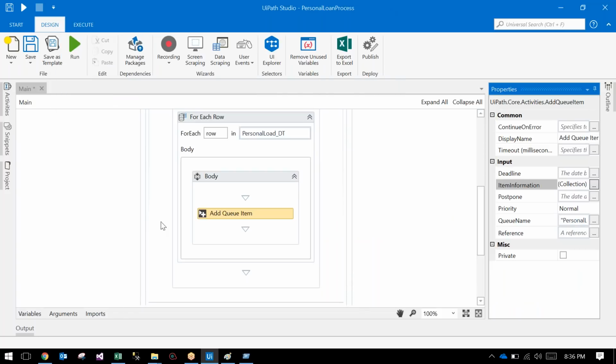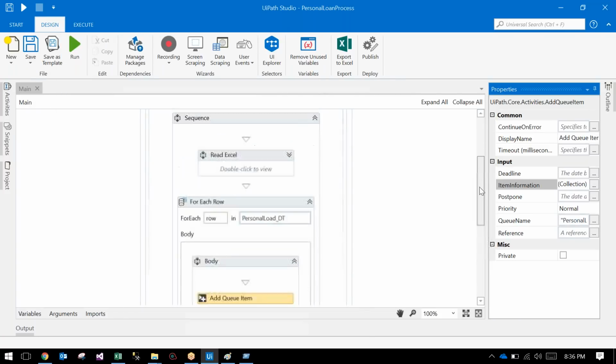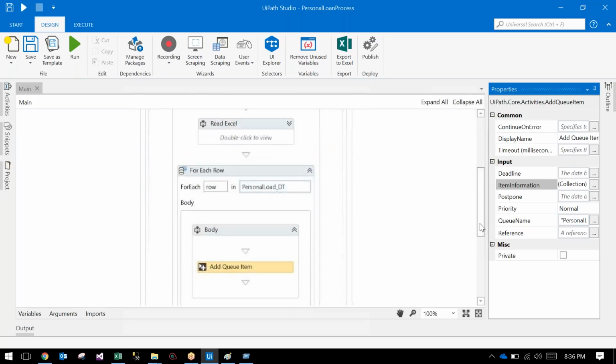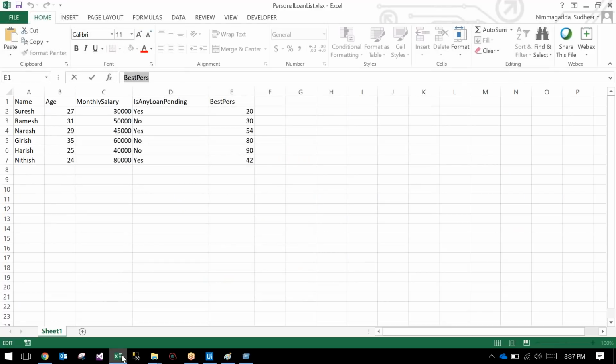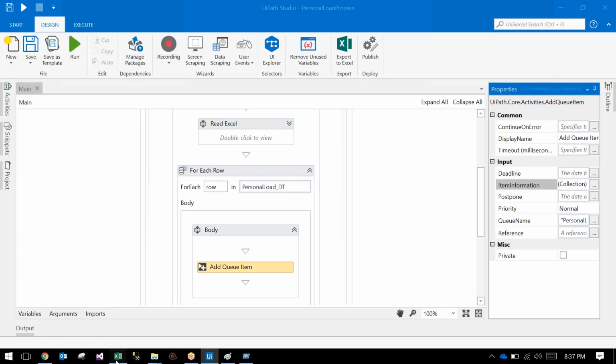Click OK and run the bot. Nothing we created. Just read the range from the Excel and create a loop for each and every row and add this into the data table. Okay, so now,